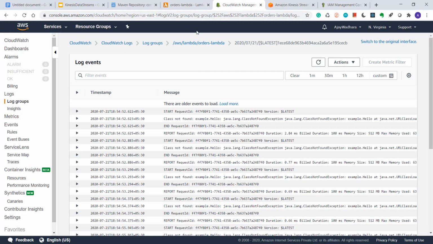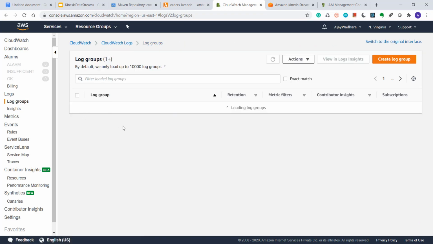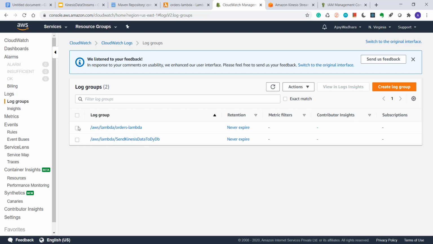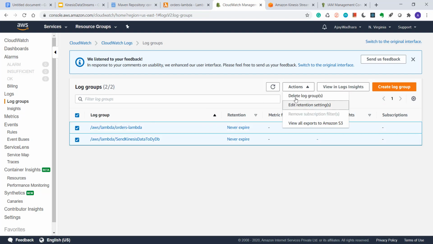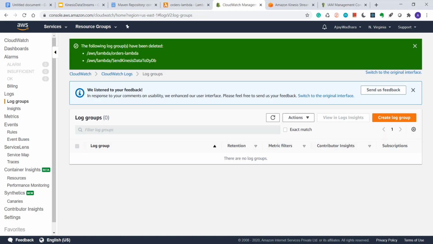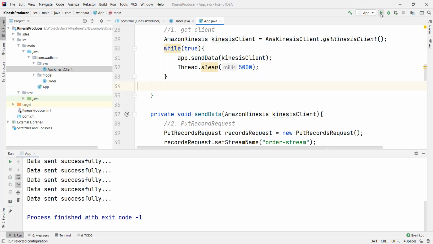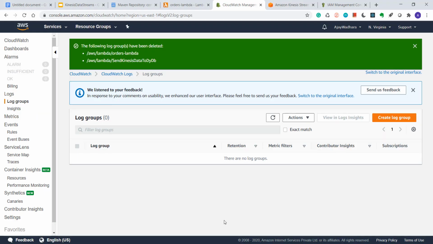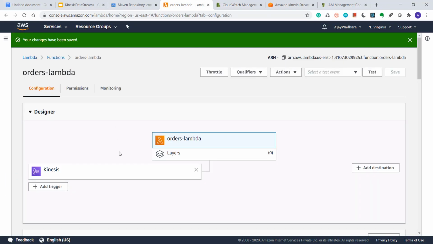I'll clear this log group to avoid any confusion. So I'll trigger my producer again. Data is being sent. Then I'll go to my Lambda.